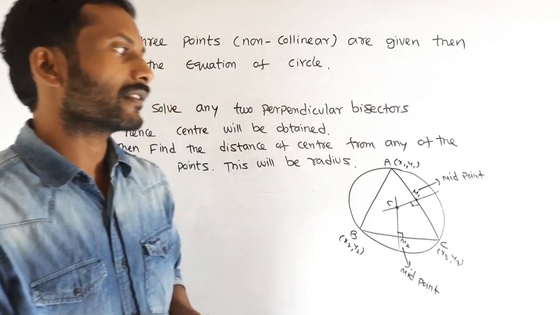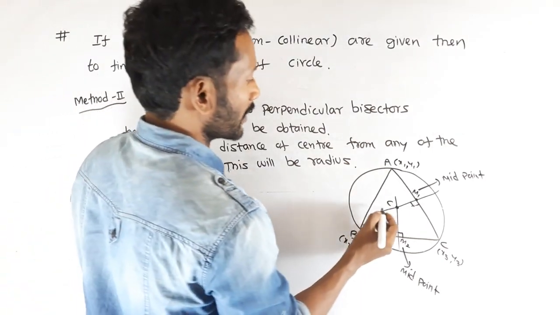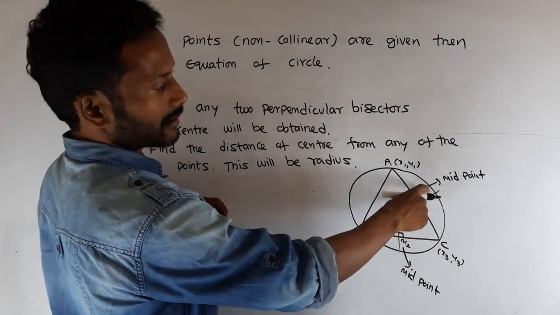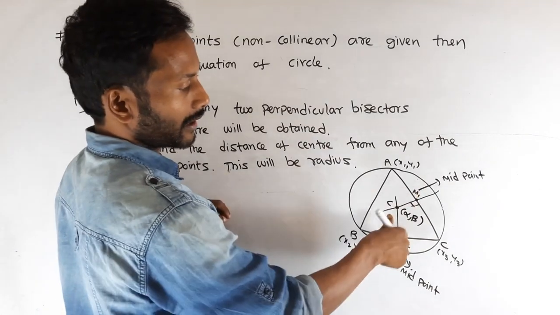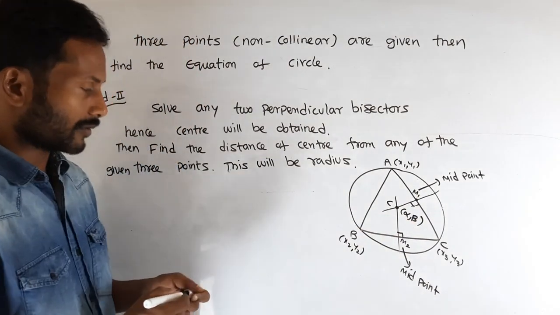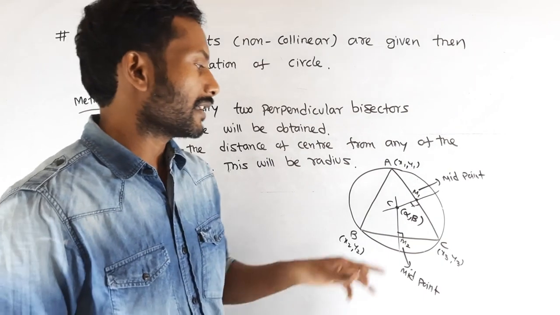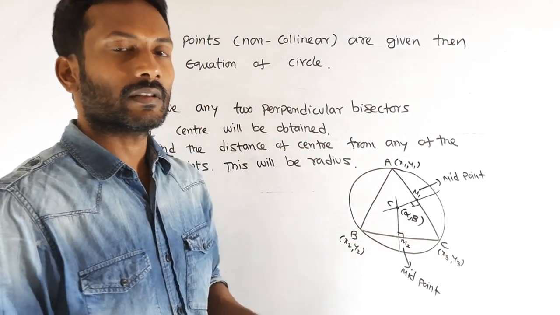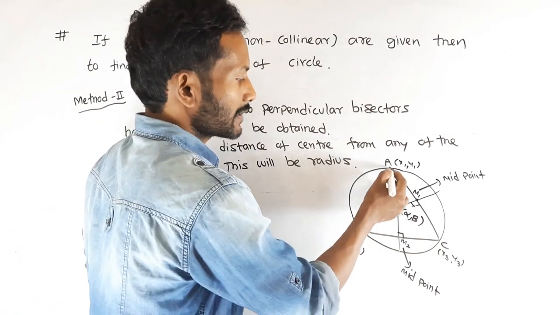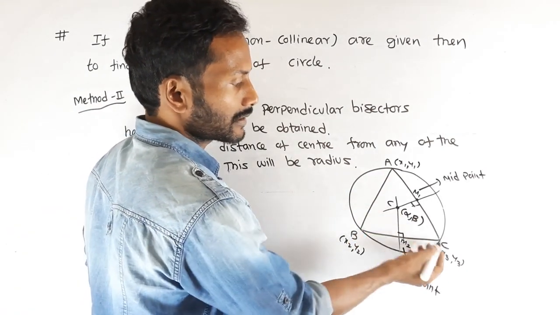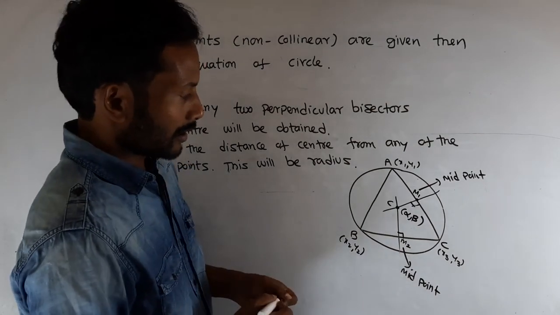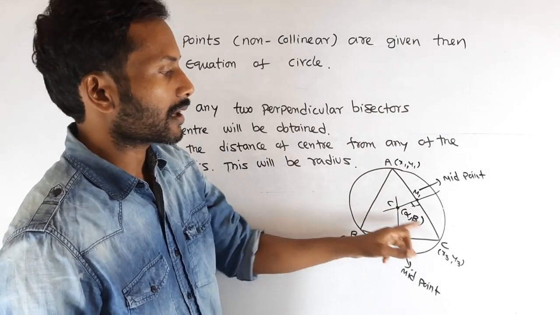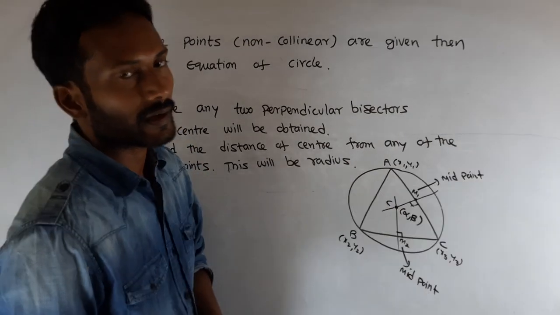తెలుస్తుంది. సెంటర్ తెలిసిపోయిన మనకి ఏం తెలియాలి? రేడియస్ తెలియాలి. సపోజ్ సెంటర్ బి ఆల్ఫా కామా బీటా. So point of intersection of these two perpendicular bisectors is alpha comma beta. Then find the distance of center from any of the given 3 points. This will be radius. So AC radius, BC radius, CC radius. మనకి ఏ డిస్టెన్స్ అయినా సెంటర్ నుంచి ఏ డిస్టెన్స్, సెంటర్ నుంచి బి డిస్టెన్స్, సెంటర్ నుంచి సి డిస్టెన్స్, ఏ డిస్టెన్స్ ఫైండ్ అవుట్ చేసినా మనకి రేడియస్ వస్తుంది.